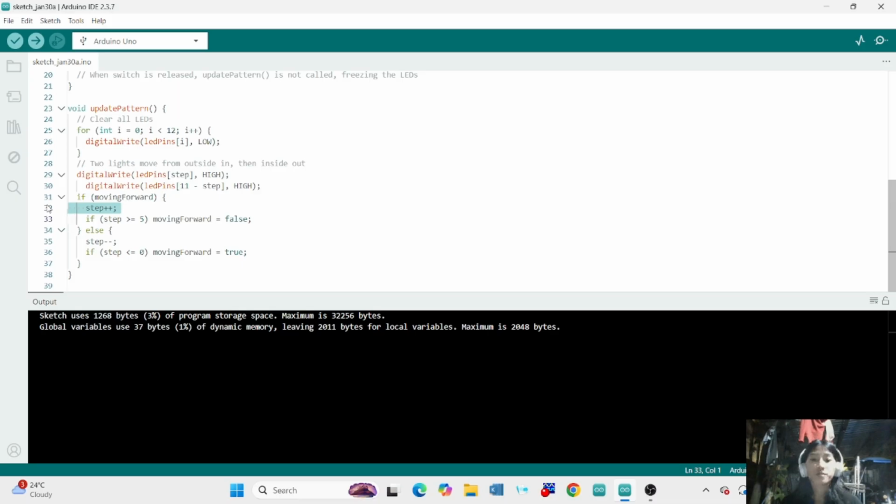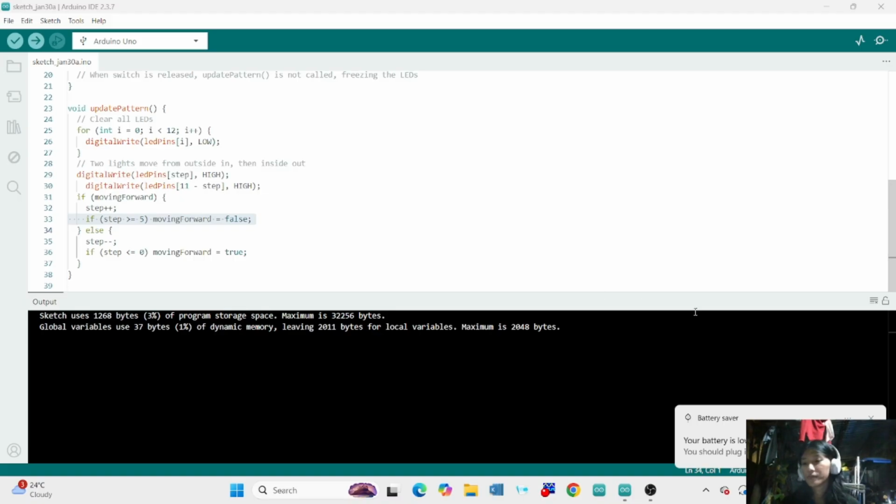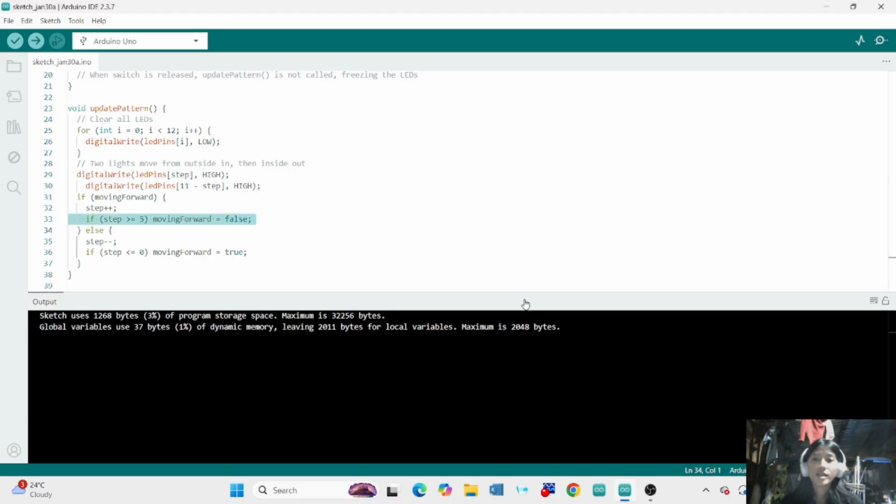Line 32. This line moves LEDs one position inward and allows LEDs to turn on towards the center or towards each other. Line 33. Stops inward motion at the center and prevents overlap of LEDs. As you can notice, I use 5 and not both 5 and 6 since only 5 is needed as LED 6 to 11 depends on LED 0 to 5. They are the mirror due to line 29 and 30 code.